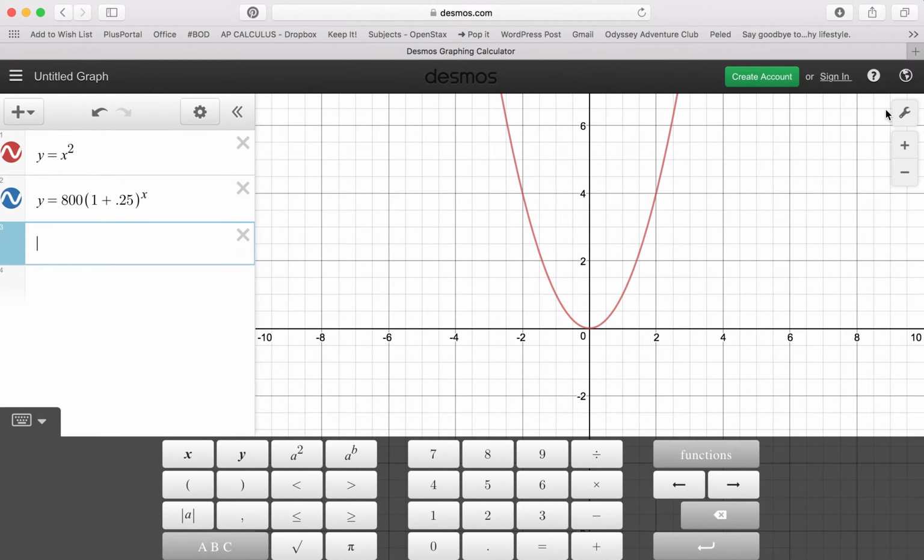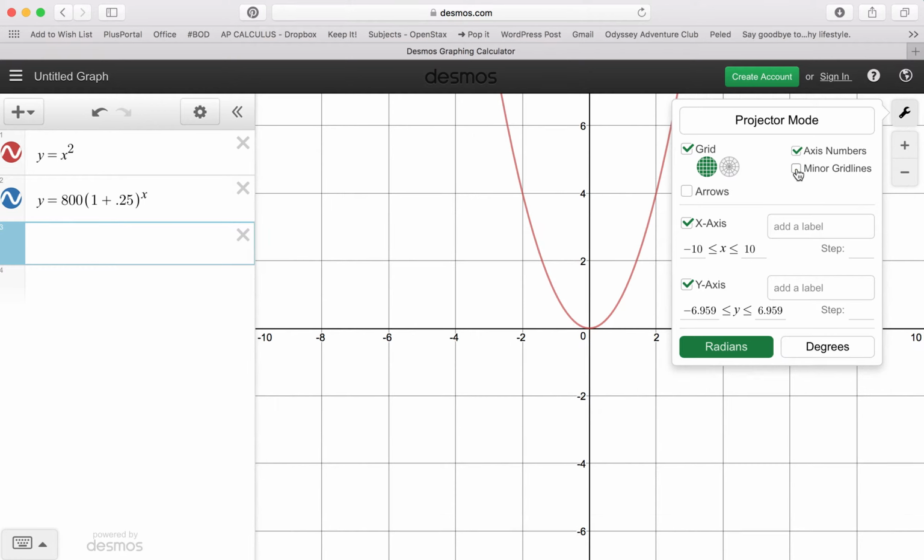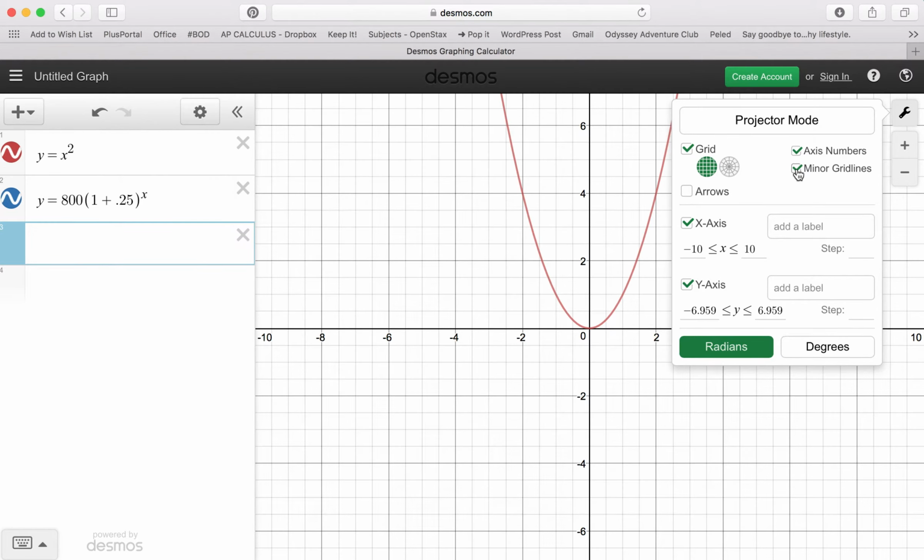And so to fix the scale, you're going to come over here to the graph settings. You want to click that, and it'll allow you to make some decisions about what your graph is going to look like. So the first thing, the grid, you want to make sure that one is selected. You can have arrows or not. Those are not as important. If you need to change it so that you don't have the minor grid lines, it just includes some major ones there to clean up the image, you can do that. You want to make sure that you have the axis numbers selected anytime you're going to be submitting a graph,